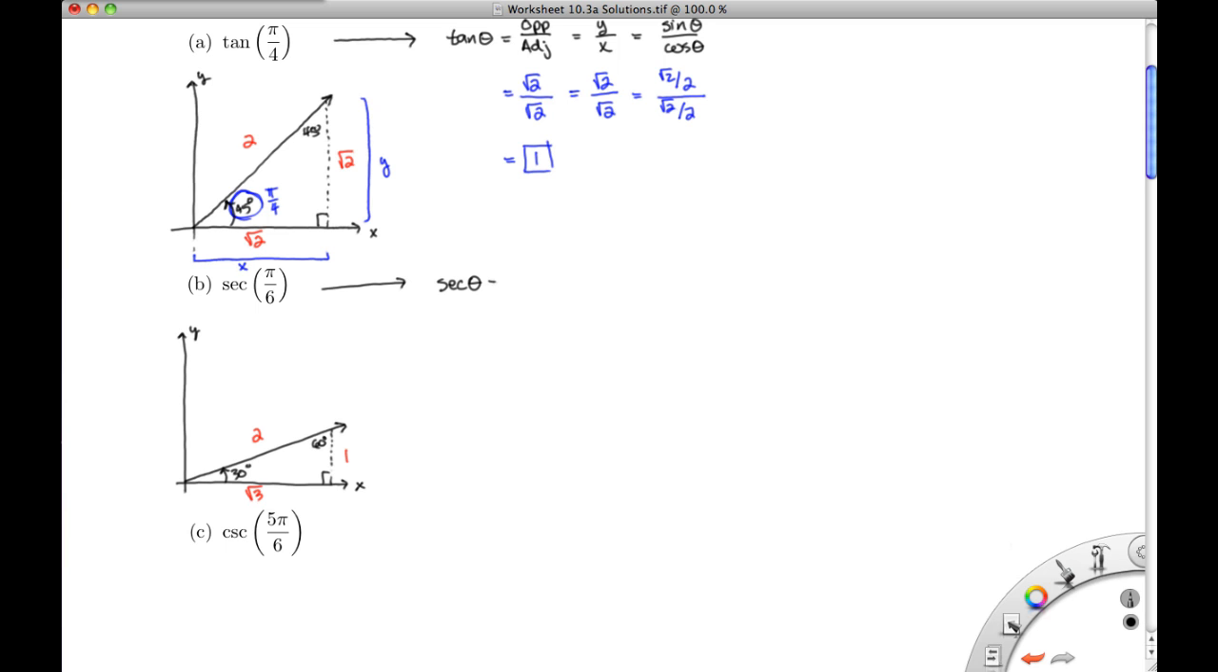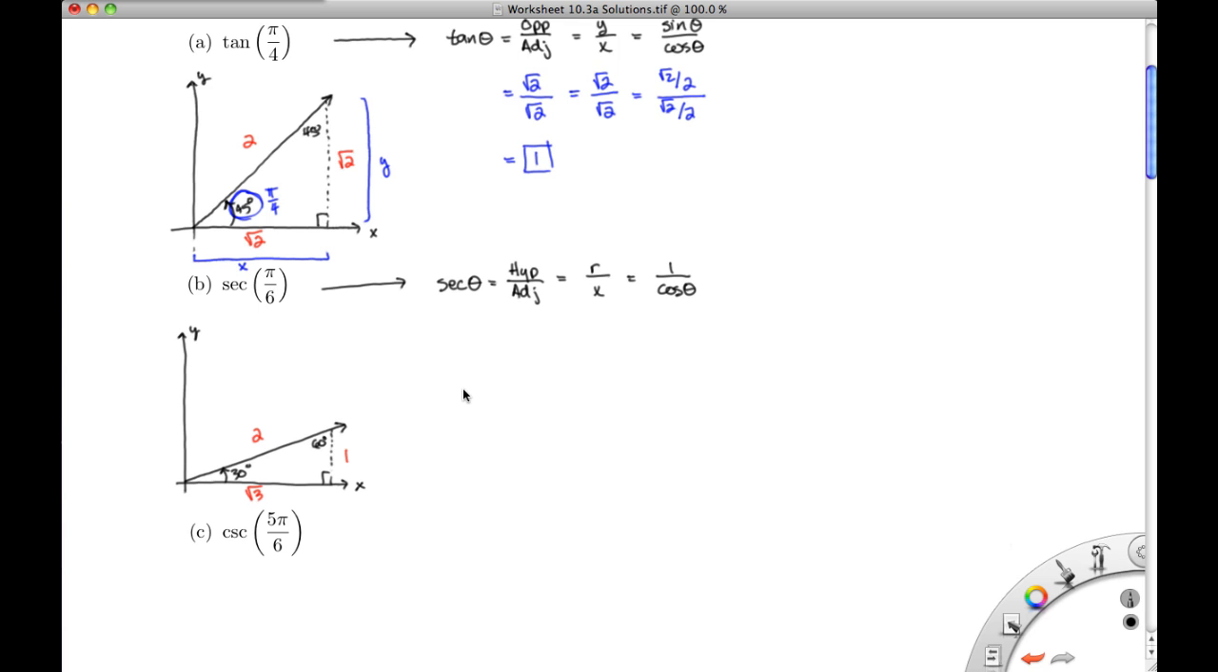So secant of theta we could think of as the ratio between the length of the hypotenuse divided by the length of the adjacent side. Or we could write it as r over x, or we could use the identity 1 over the cosine of theta. Now we probably won't use this third one, the trig identities, that much, but it is helpful